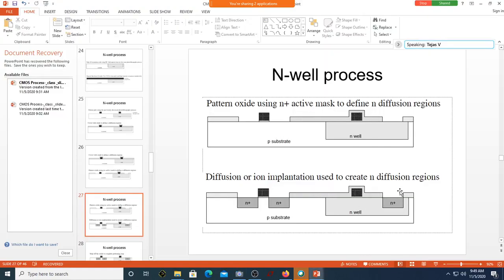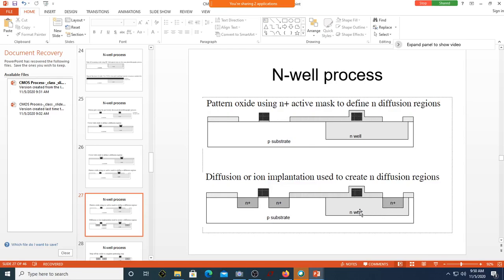Sir, are both N-well and N plus connected to VDD, or just N plus? When N plus is connected, this is also in turn connected, no? Maybe you might have noticed in Microwind, I used to connect N plus to VDD and the N-well. Can you remember? The reason for that was this: we are supposed to connect the bulk of your PMOS transistor to VDD. So that's what is happening here.